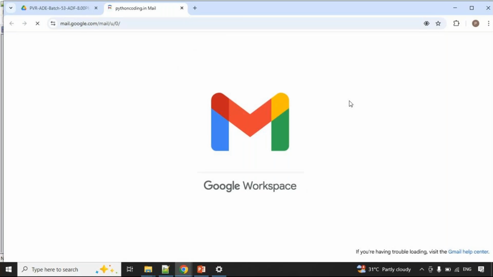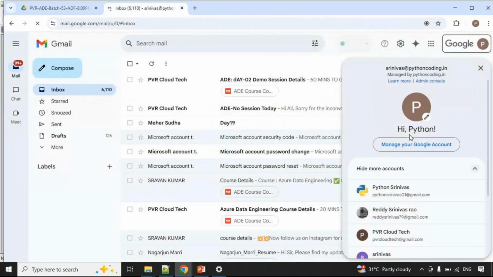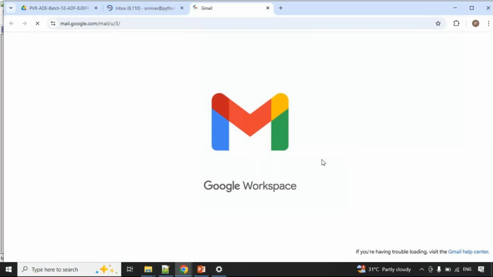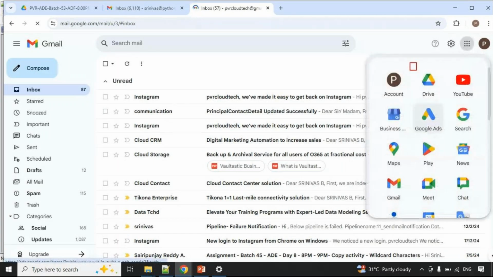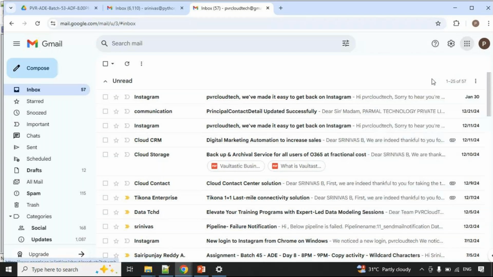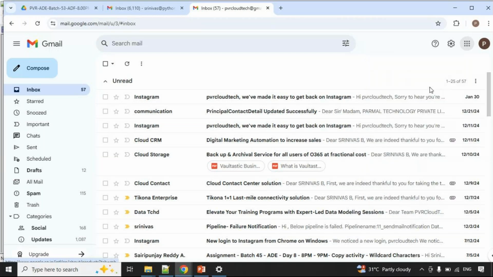Now I provided the access to the Gmail. So you can go to your Gmail, and after this you can see the drive. Guys, some people already know, some people don't know anything, so I have to consider everyone's point of view. After you log in and I have provided the access, you can go to the drive.